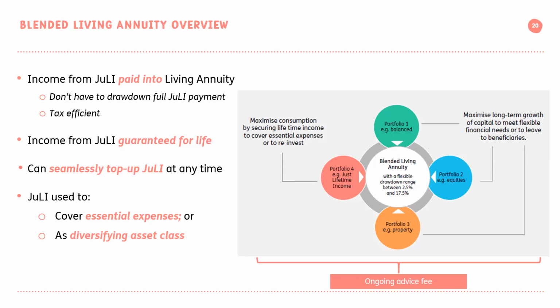So the regulator has allowed various living annuity platforms, the ones I've mentioned, to include it as a guaranteed life annuity, as an investment portfolio in their platform solution, and also allowed that the platform can continue to pay ongoing advice fees on that living annuity on the total asset value, which means the Just Lifetime Income portfolio is included as an asset, and as a result, the advisor continues to get the ongoing advice fee. And I think the regulator is happy with that because this solution provides sustainable income for the client.